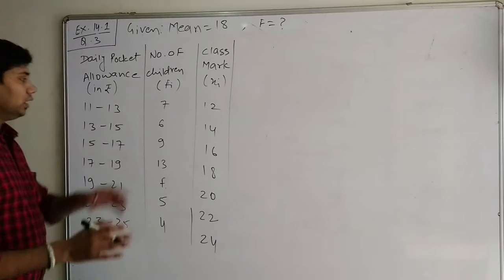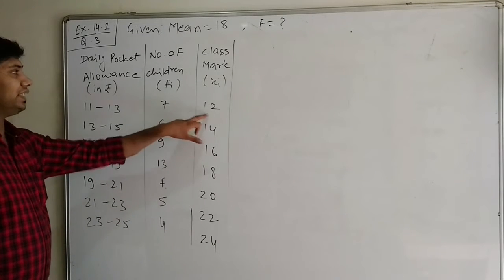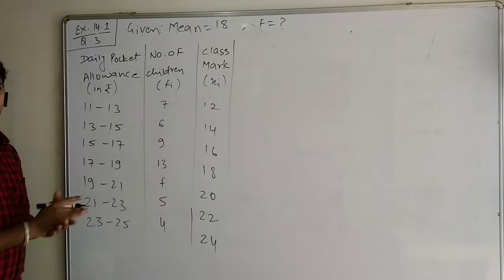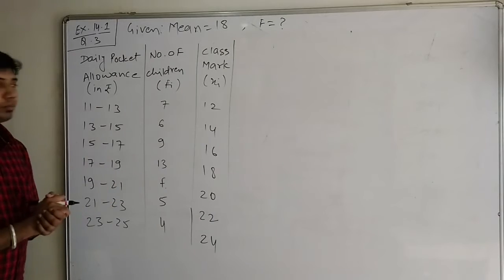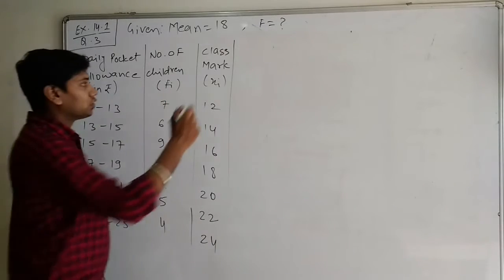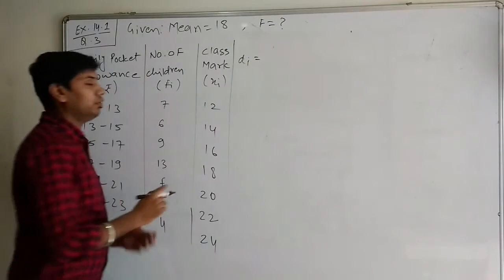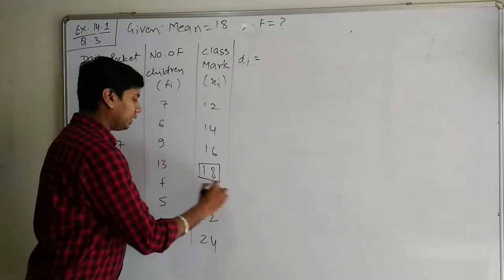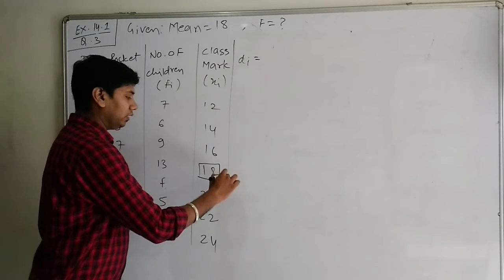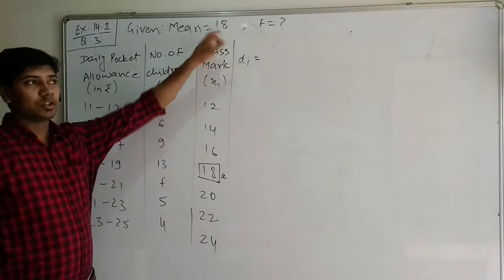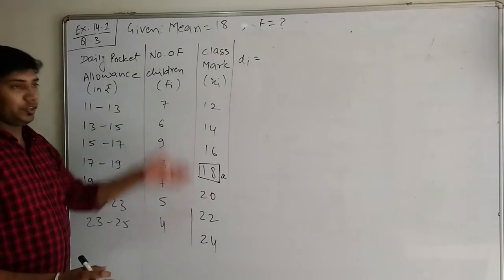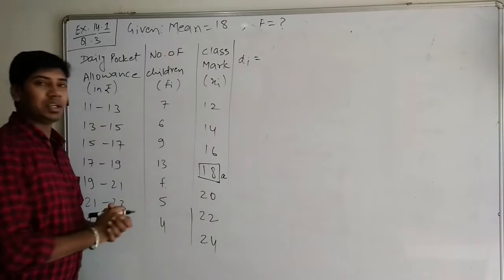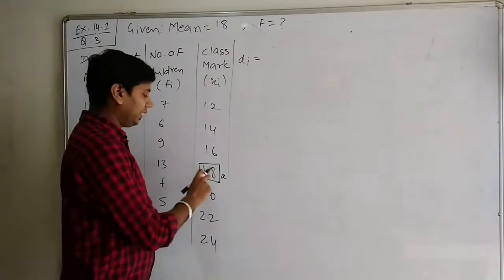We can use any method. Here if we multiply directly by these numbers, then also our question will be solved. If we use any other method, we can use that. So we go to the next step, which is di. In this question we find di, and for this we first assume the mean. Let's say the assumed mean of this data is 18. Here the mean is already given, so it is easy for us. Otherwise we use our usual method. Here the number of terms is odd, so we choose the middle one. So here our assumed mean is 18.